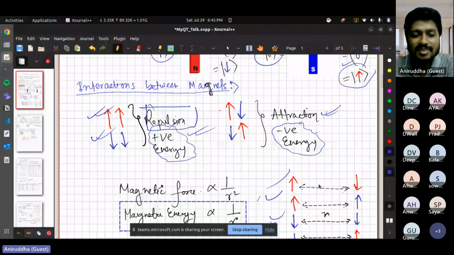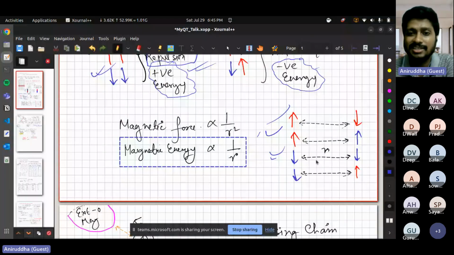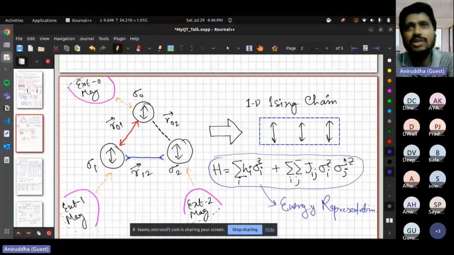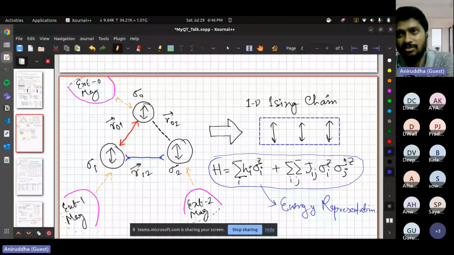Now the thing, and that's a good thing, is that you can control the energy interaction between these two magnets by changing the distance between them. So that's a very interesting part. Now, when a qubit is there, you really don't know whether it is in the zero state or the one state if it is in superposition, right?